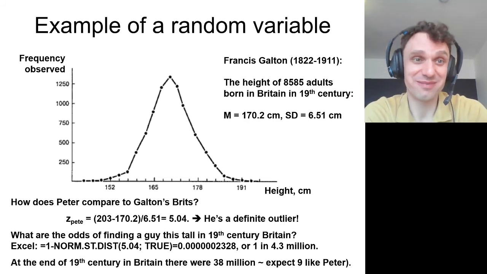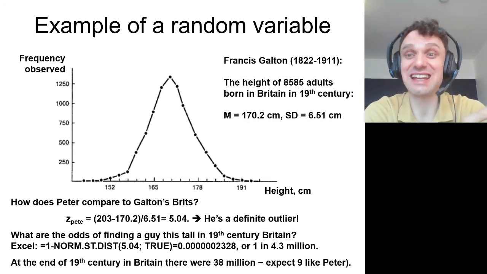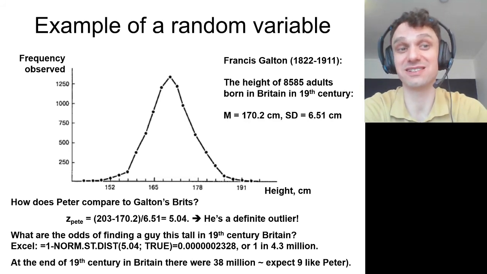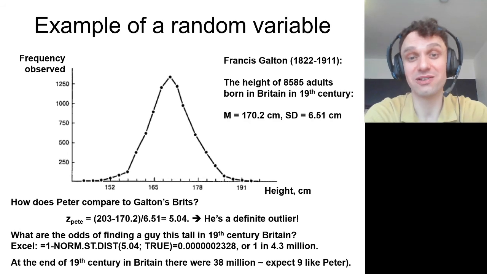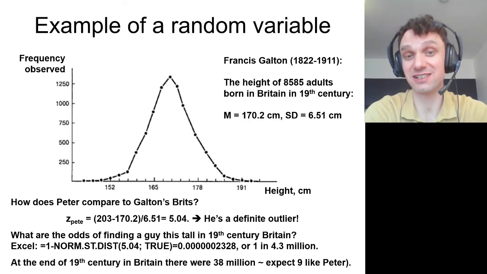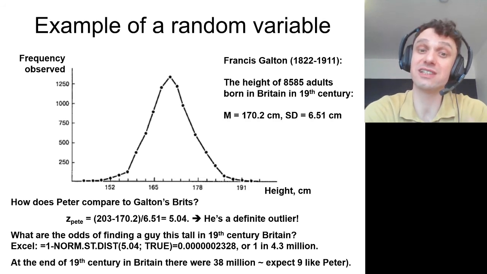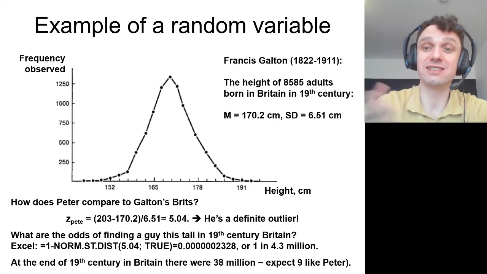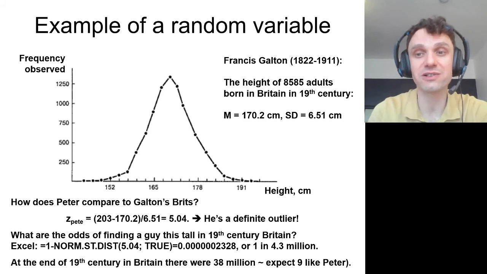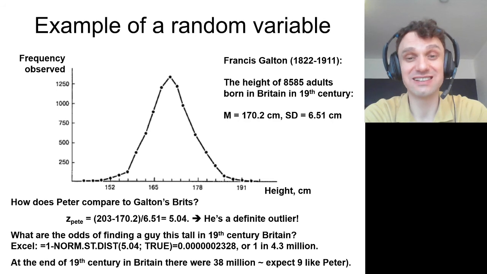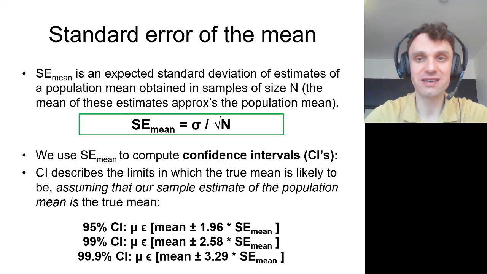So this is the procedure that we can use to interpret any kind of individual score. And very often we use it in psychology because researchers usually publish only means and standard deviations for their scales. And then when we get an individual score on this scale, we can use this mean and standard deviation to get a z-score and to arrive at a meaningful interpretation. But of course, those statistics, mean and standard deviation, are measured in a sample. Are they precise?